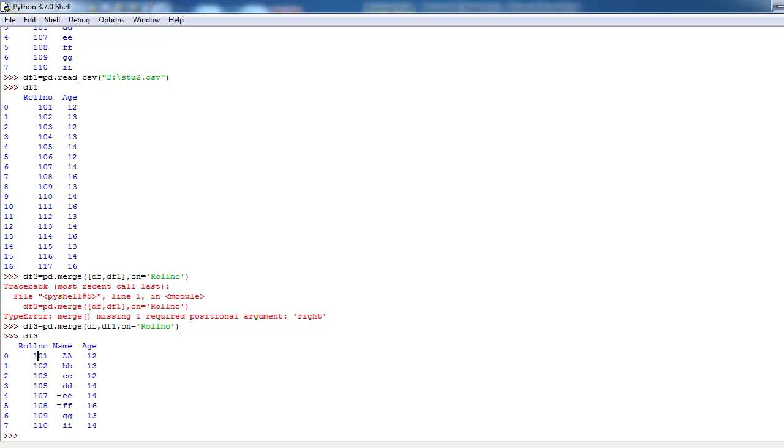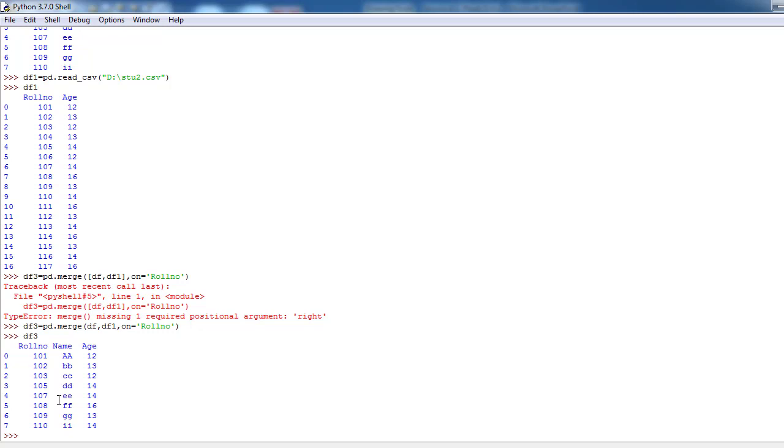The records that are matched with data frame 2 will be written as tf3. That is called an inner join. So we return only matched rows.